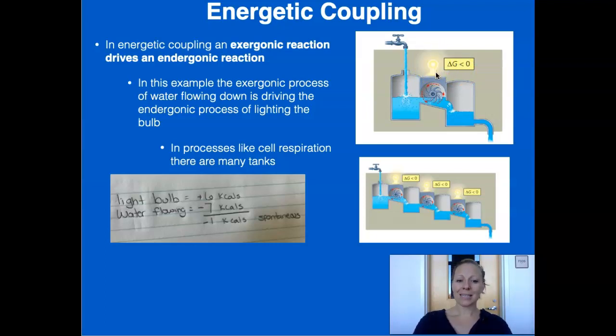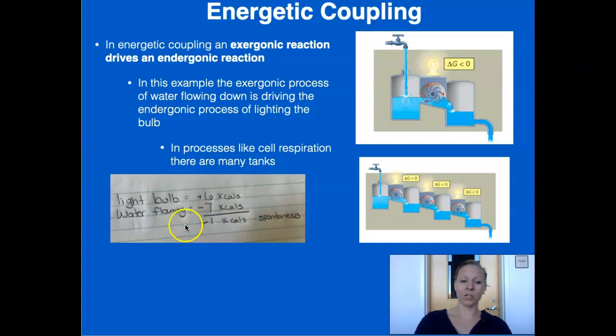So in processes like cell respiration, just like this is like cell respiration, except there are many tanks. So in cell respiration, there are many chemical reactions happening. And so to see how this remains spontaneous, if the light bulb takes 6 kilocalories to fuel the lighting of the light bulb, and the water flowing is negative 7 kilocalories, well then there's negative 1 kilocalorie left, and therefore the change in G, or the delta G, is still